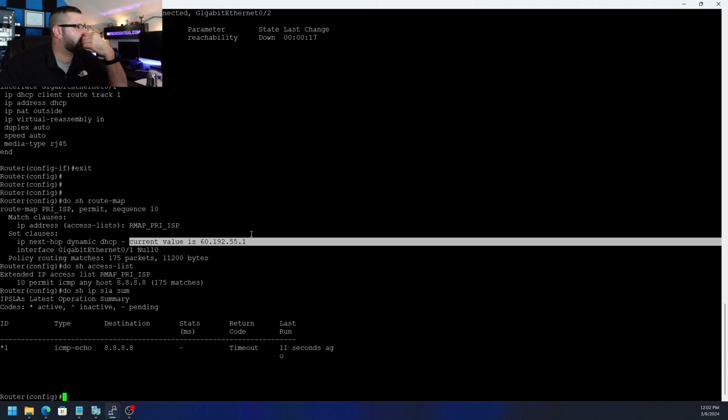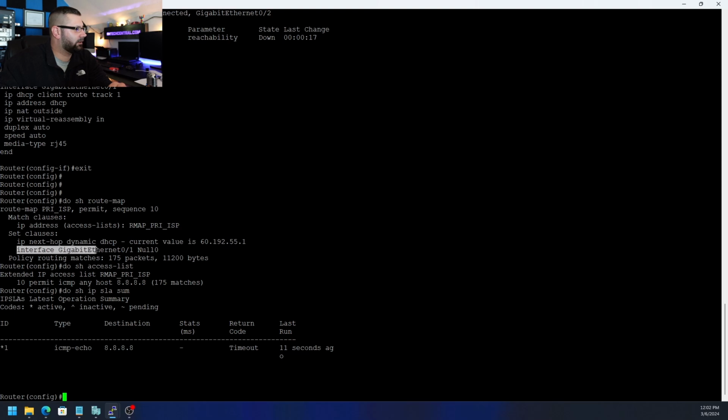That's why when we shut down that interface for ISP2 and we brought it back up, the route map is now doing this. Even though the interface is set for gigabit 0/1 and then null 0, which basically means if this is not a valid interface, maybe it's shut down or unplugged or something, the next step is just null 0. So that way those packets are just dropped, because you wouldn't want them to go anywhere else anyways,